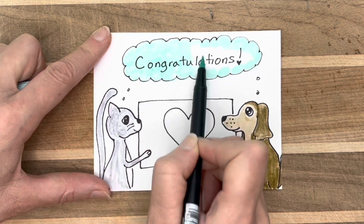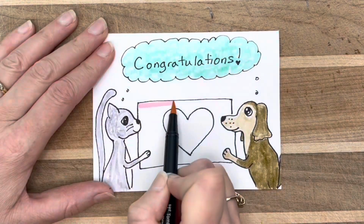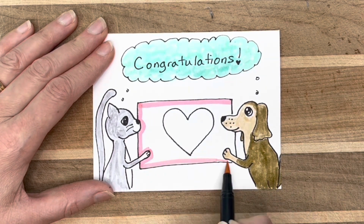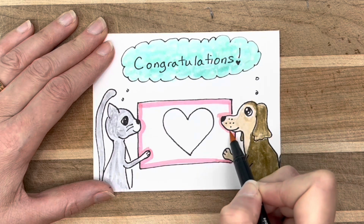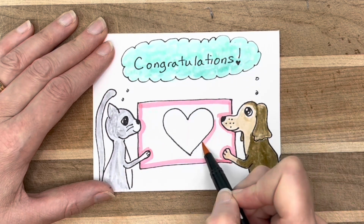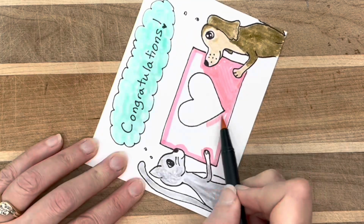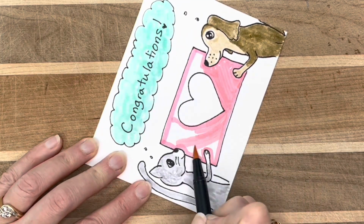I wanted to use a lot of white space with this, so I left the background white, and then I also left the heart white and colored in the envelope or the sign background instead of the actual heart in the middle. So as I'm making this really fun and simple little graduation card or other card for congratulations or just to send some love to someone you know,